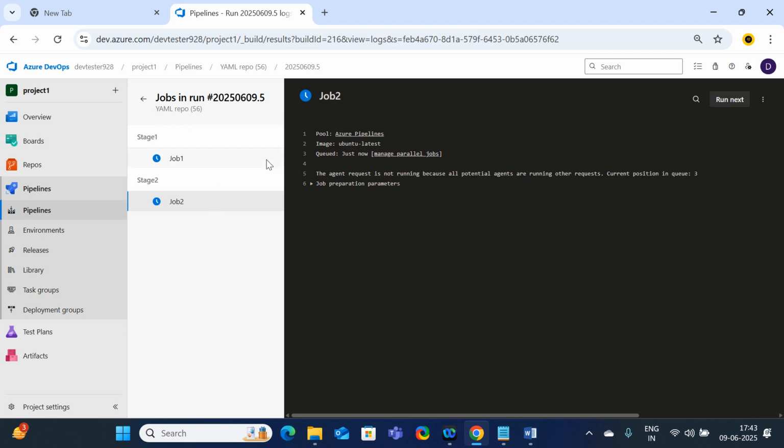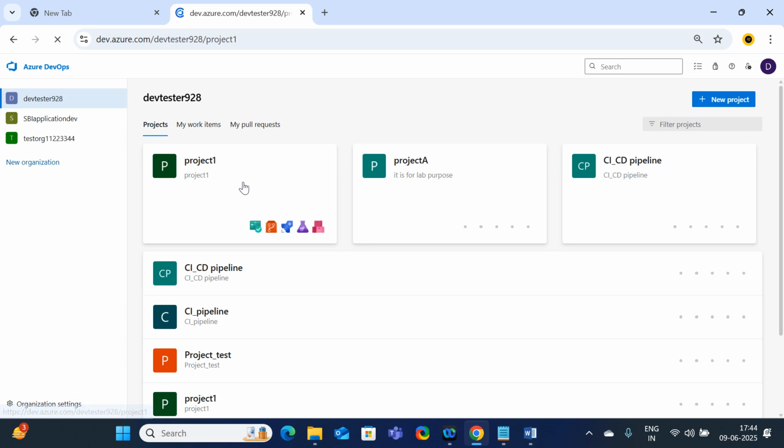This is the different scenario. Which scenario? If you want to execute or run 2 stages separately without depending on each other, then you are going to define the script in this way. Okay guys, go inside the project